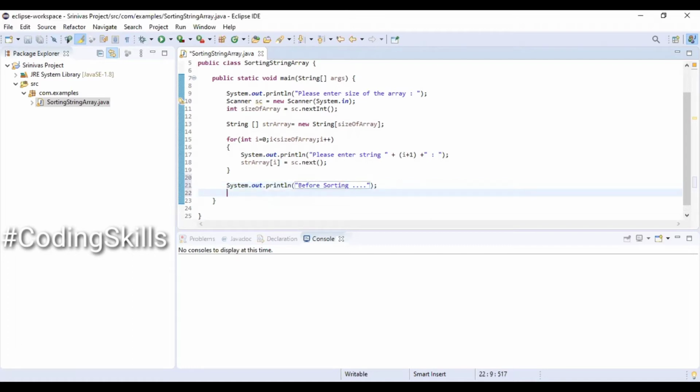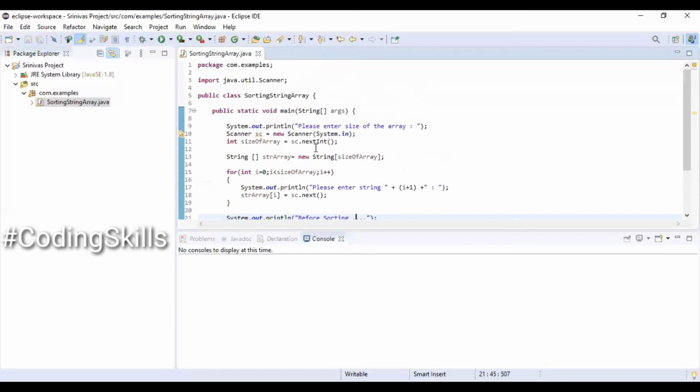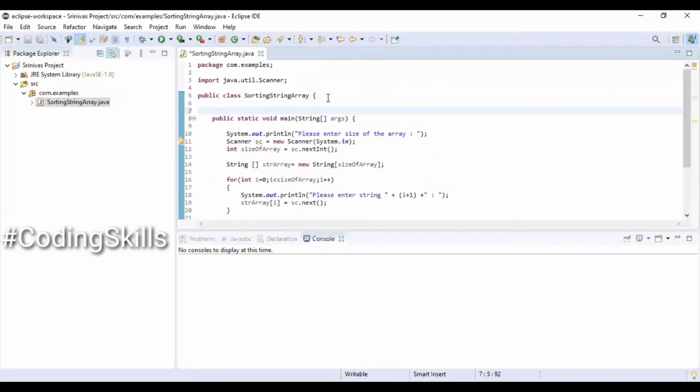Now using a for each loop, String s, and mapping it to the string array. Inside the for loop, printing the variable s. Creating a public static method which is of type void, and the name of the method is sortStringArray.